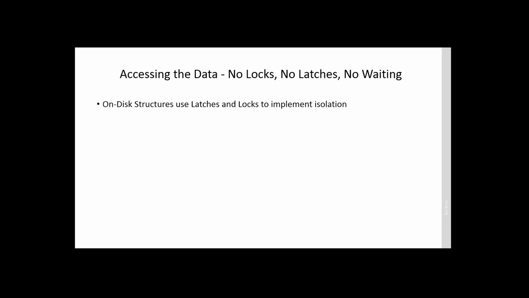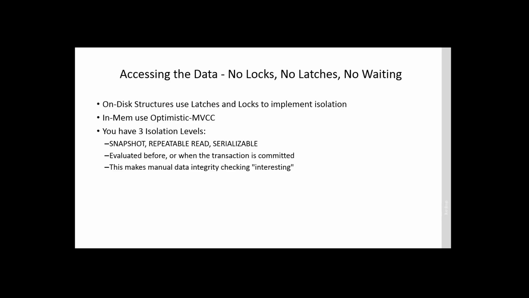Okay, so no locks, no latches, no waiting. On-disk structures use locks and latches, the bane of our existence in performance, right? So we have this optimistic multi-version concurrency. We have three isolation levels: snapshot, repeatable read, and serializable. What makes these different from the current versions is that they're done during the transaction, not before the transaction. In snapshot isolation level, I'm allowed to see everybody's data as it was when I started my transaction. In repeatable read, I have the exact same thing, except at the end of my transaction, I'm saying data must not have changed. If any rows have changed,